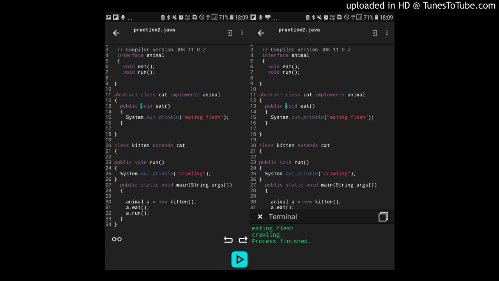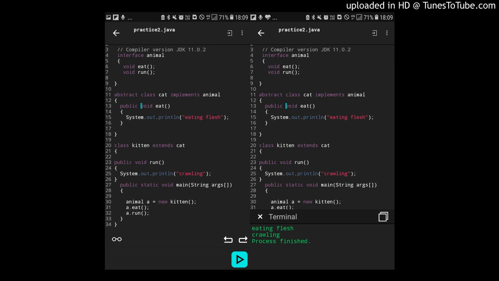Now we have another class which is not abstract, whose name is kitten. It extends the cat class. Within it we provide implementation details for the method run, that is public void run, in which we print out crawling.